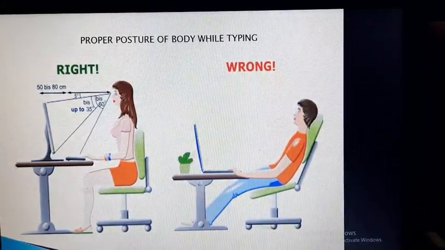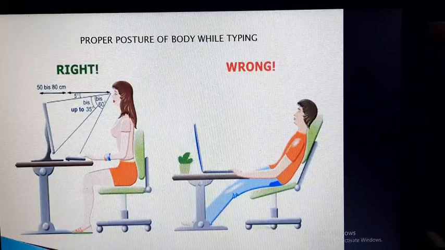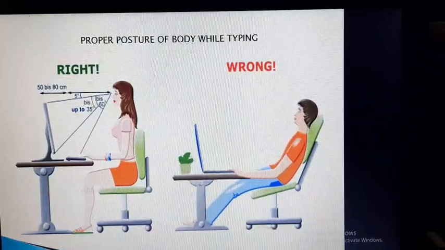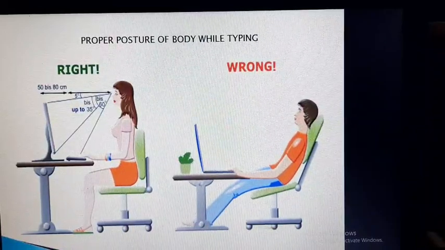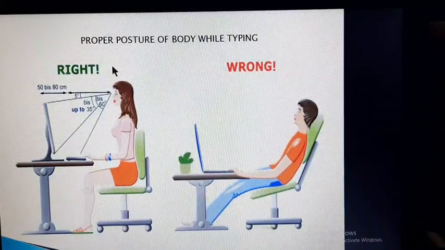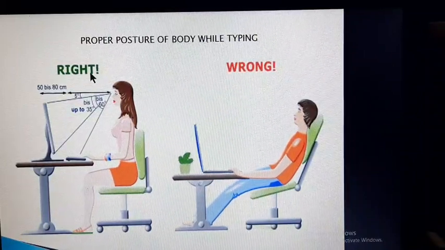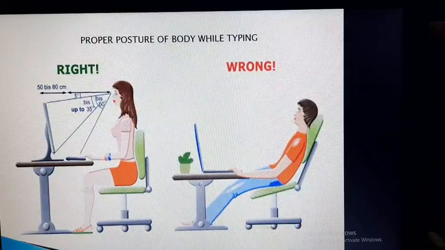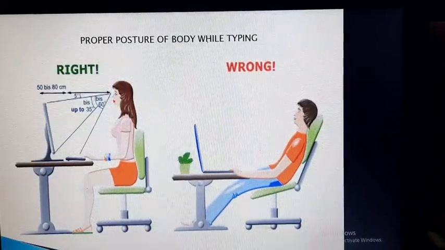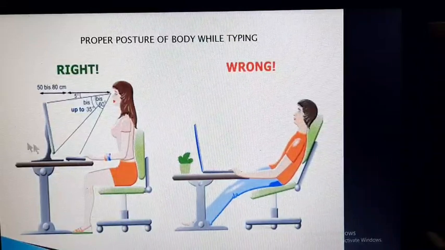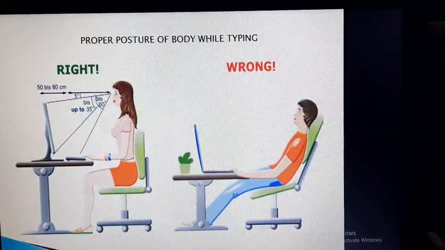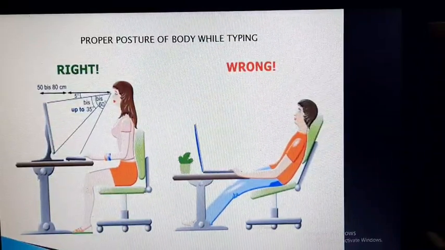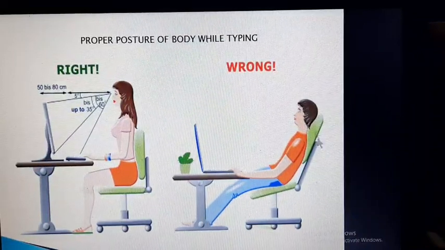Next topic is the proper posture of the body while typing. While typing, the posture of the body should be proper. Here there are two pictures. This is the right posture of the body, and this is the wrong posture.